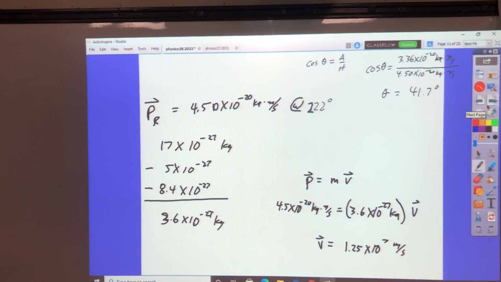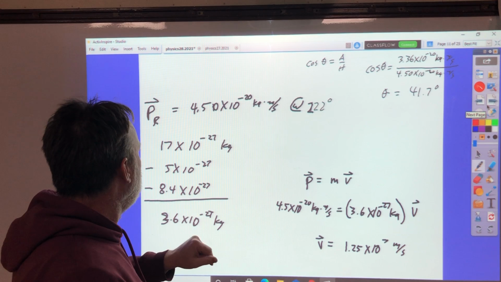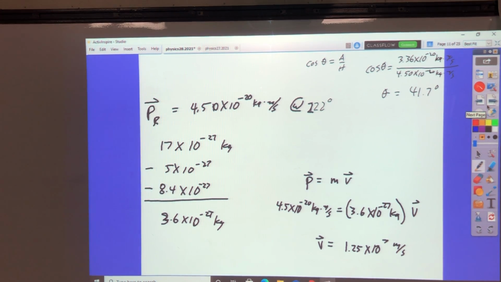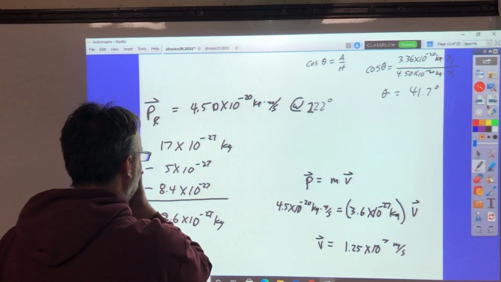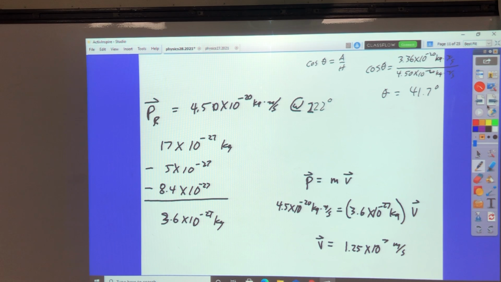And that comes out to be apparently 4.5 times 10 to the minus... And I'm not sure what I did here. I've got to see what the question is. Speed and direction of motion. Okay, so this is the momentum. So what I did,